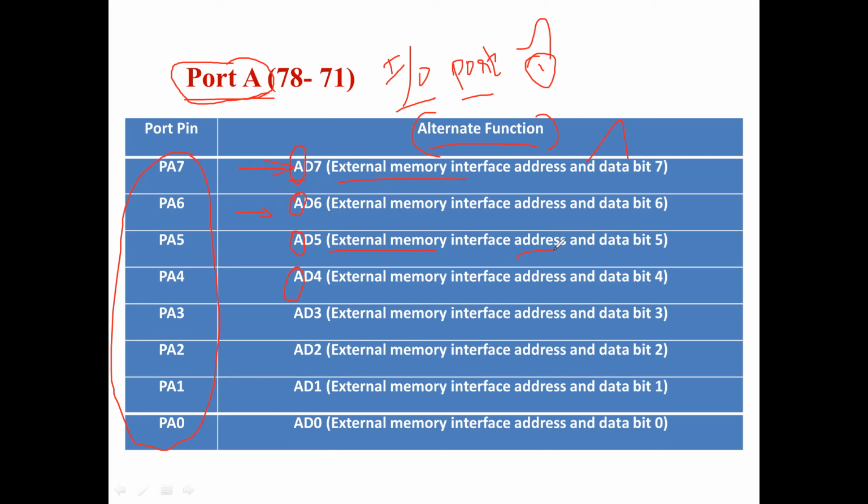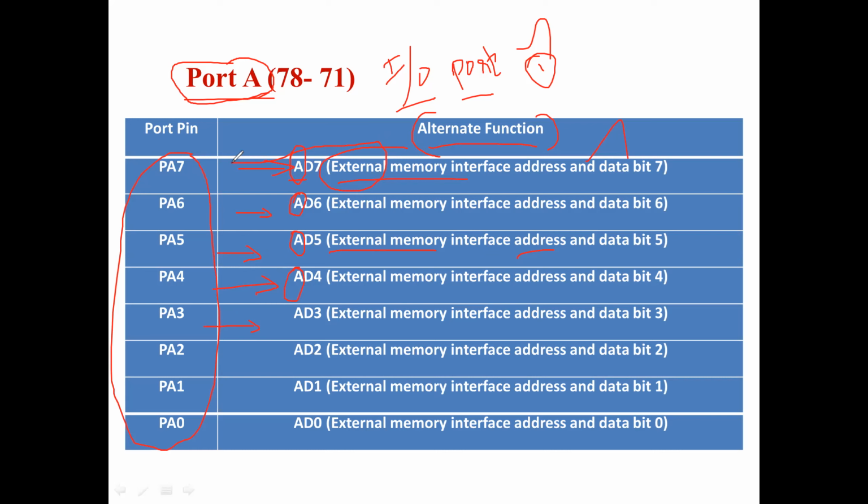So we have discussed the instruction like MOVX @DPTR, A. If that is the instruction executed by the controller, then the address will be put on these particular lines, so that this address will pinpoint one of the locations of your external memory. Okay, the port A pins, port A is the first point.